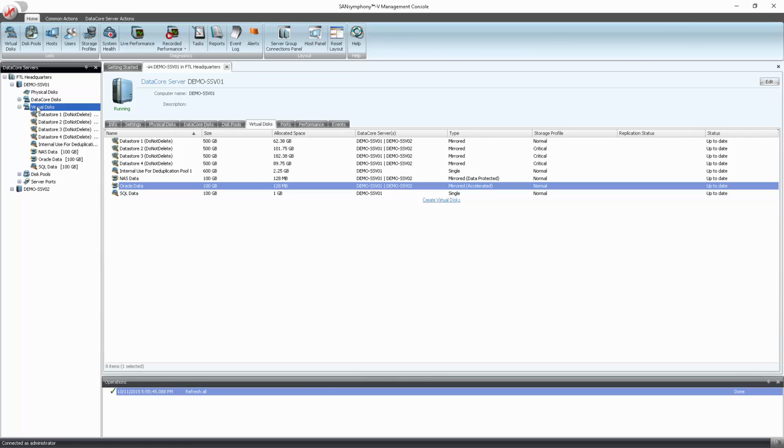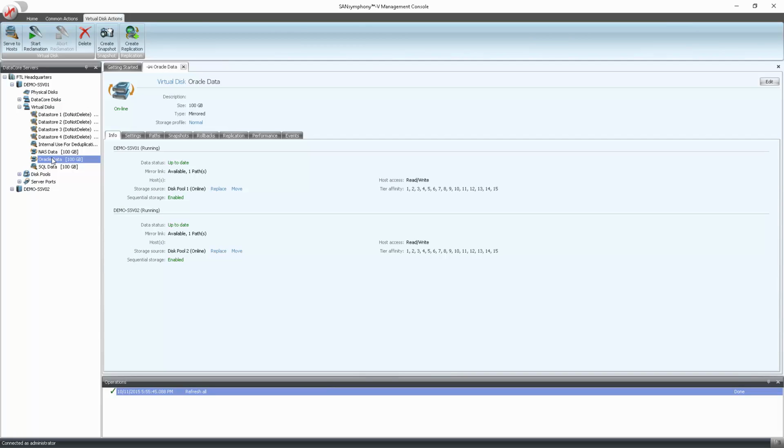If you click on a virtual disk in the left-hand sub-window, you can see more detail about the virtual disk. Replace and move options are available on the screen, along with mirror status, host mappings, storage pool assignment, as well as any other relevant information depending on which functions have been enabled on the virtual disk. On the Settings tab, the virtual disk size and reserved space size are specified, along with many advanced options for the virtual disk.